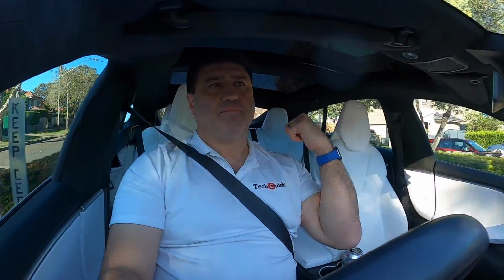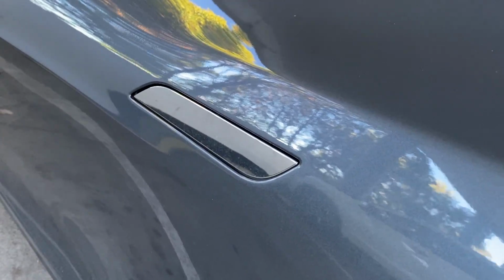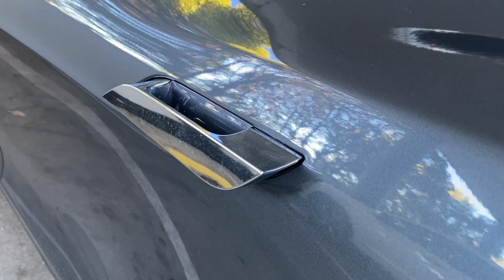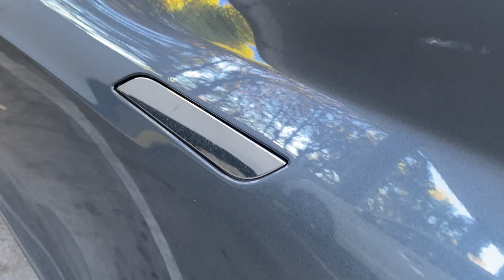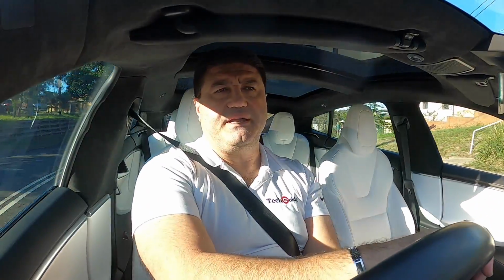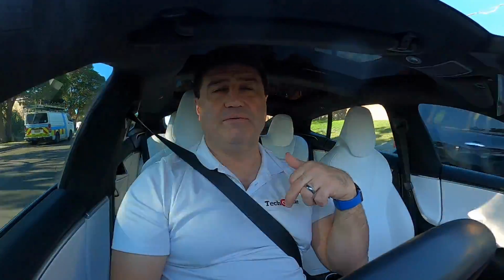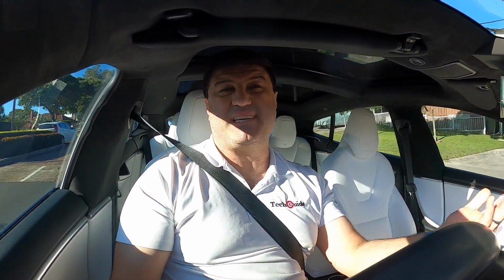One other issue I had with the car was one of the rear door handles. I think the rear passenger door handle. There was something wrong with the motor, because on the Model S, the handles actually come out of the car and then retract once you're driving. There was an issue with the back rear passenger handle, and as a result, it sometimes actually opened the door because the handle was playing up. It was like it was acting as if someone had actually pulled on the handle to open the door. So I had to be pretty careful there,